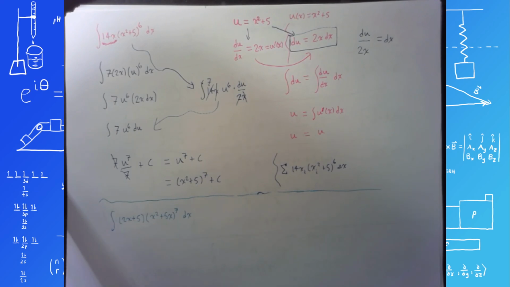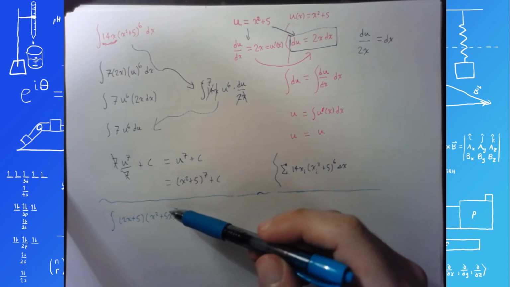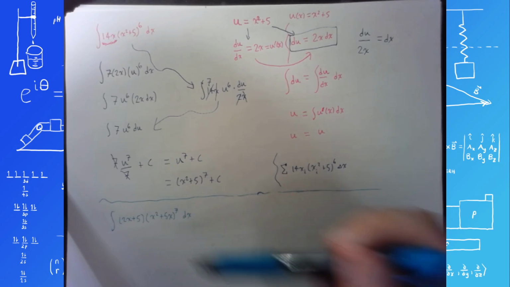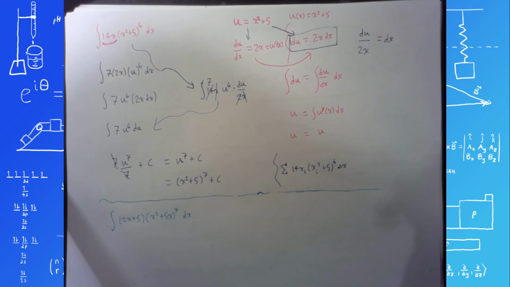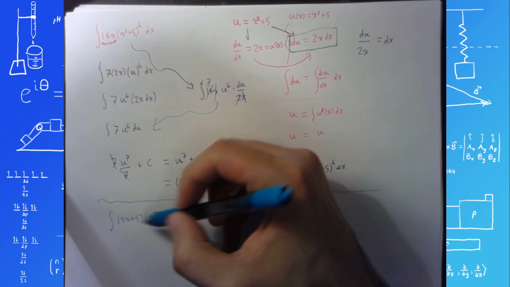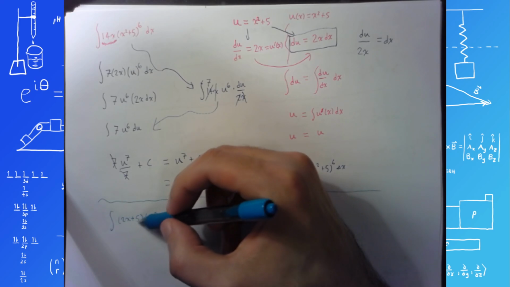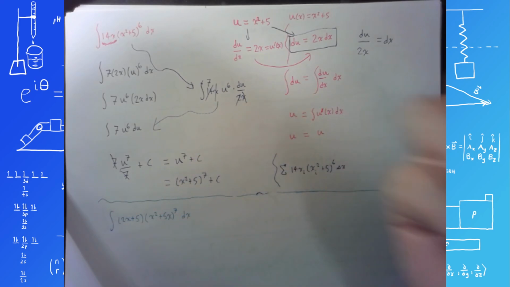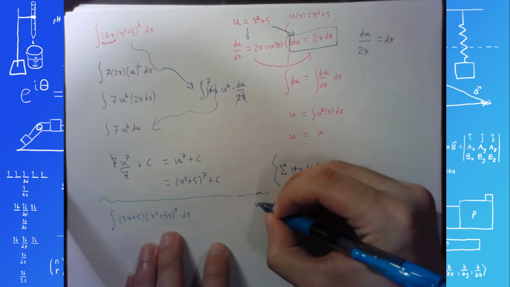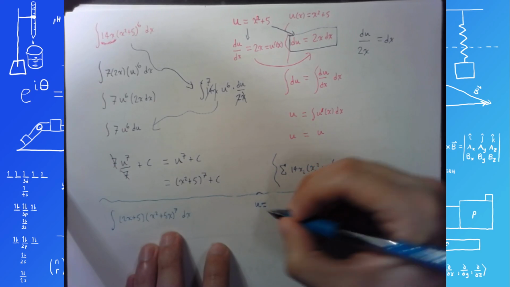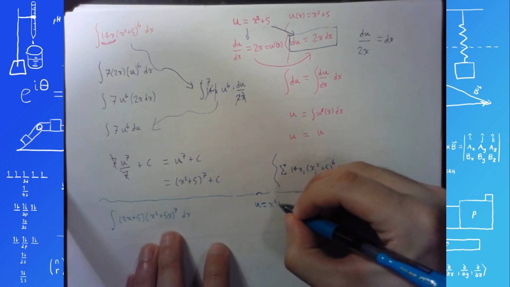How would we do this one? Well, we look at it and we see that's to the 7th power. We would be here all day if we tried to just FOIL this out. You can, and it'll work, but it's time consuming. But fortunately for us, 2x plus 5 appears to be the derivative of x squared plus 5x. So maybe I should use u equals x squared plus 5x,